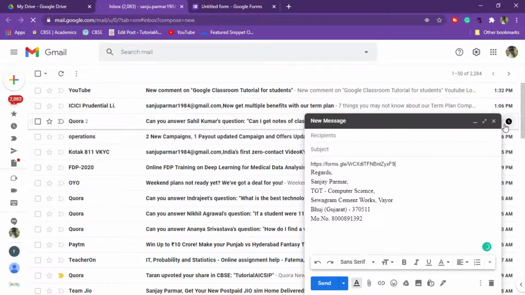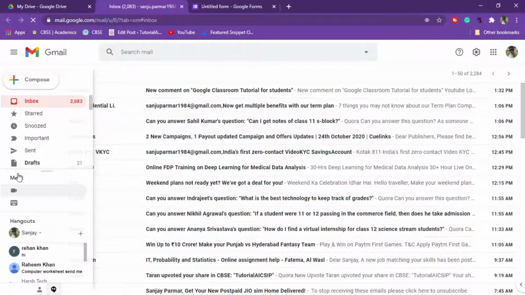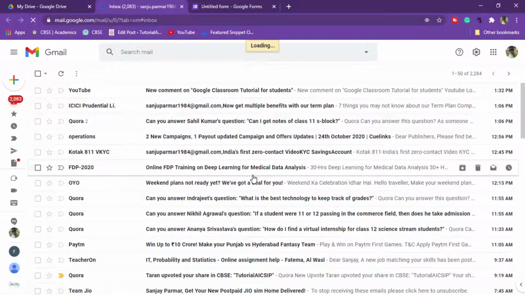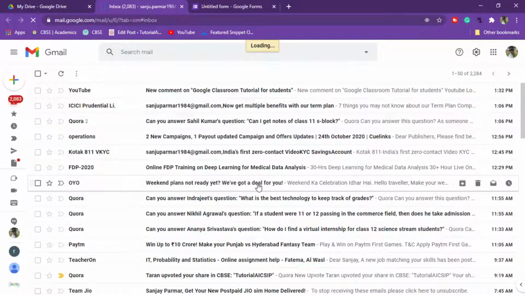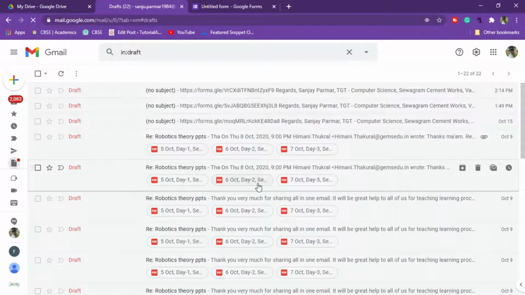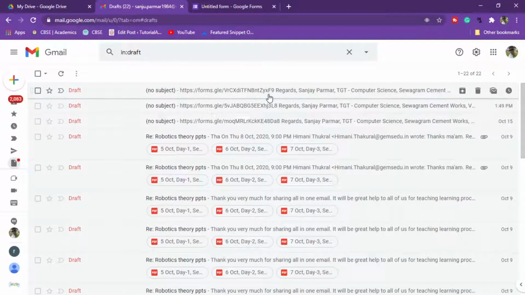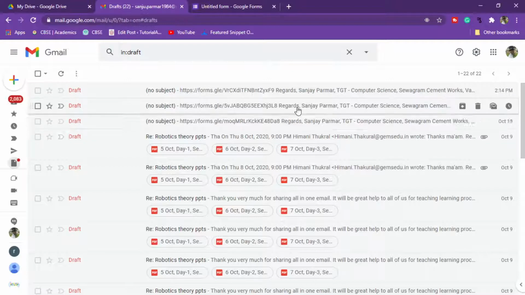It will come to your draft folder. So whenever you want to open it from your mobile, it will open from mobile. Just log in with your Gmail account, or if it is already logged in, then you can open it from your draft. See, here it is already available. So from mobile you can simply access this file.